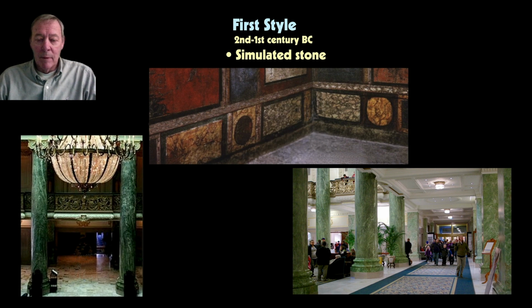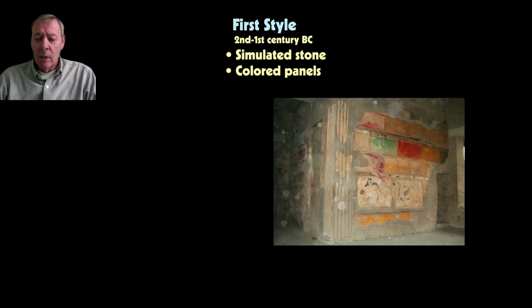So this is the type of work that is typical of the first style, this simulated stone, but also simply colored panels. Here we are looking at the walls of an atrium in an atrium house in Pompeii, and we see that another favorite device was just rectangular panels that are painted a solid color. Doesn't appeal too much to us today, but nevertheless this was typical of the first style. Now both of these styles emphasize the presence of the wall. There's no illusion that would help to disguise the presence of the wall here, so they emphasize the presence of